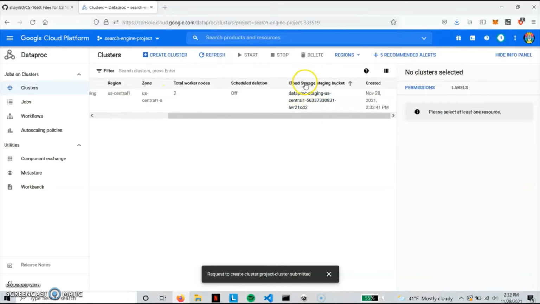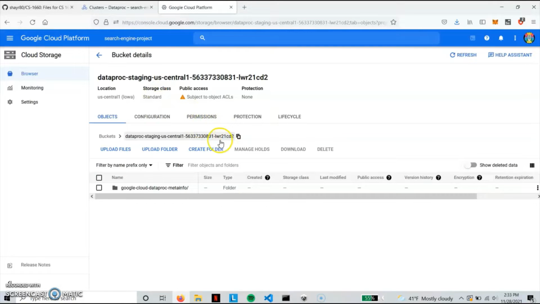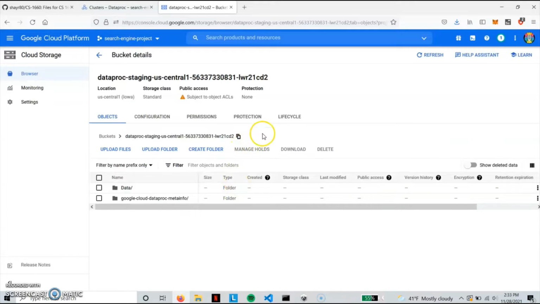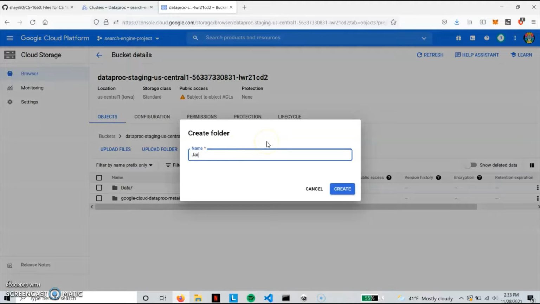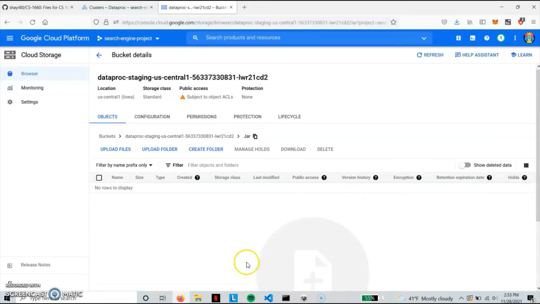In the meantime, we can head to the Cloud Storage Staging bucket for this newly created cluster. And once you're in there, you're going to want to create two folders. The first folder you want to name Data, and the second folder you want to name Jar. Make sure you've named the folders as you see here, otherwise the application won't recognize the folders and won't run properly. So then you're going to navigate into the Jar folder you just created,